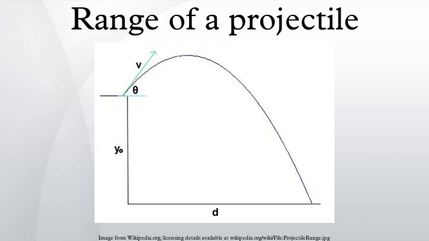Uneven ground. Now we will allow y0 to be non-zero. Our equations of motion are now x and y. Once again we solve for t in the case where the y position of the projectile is at 0. Again by applying the quadratic formula we find two solutions for the time. After several steps of algebraic manipulation,